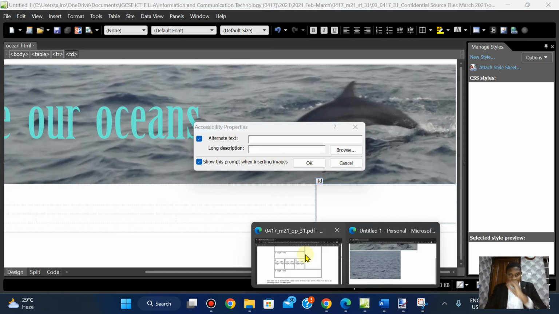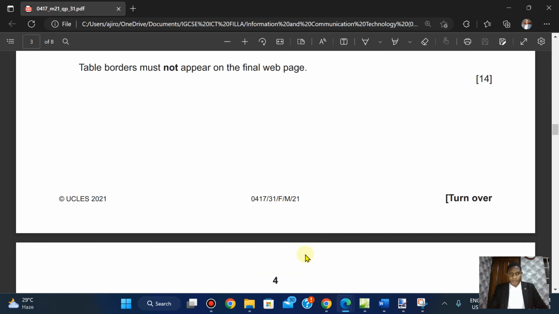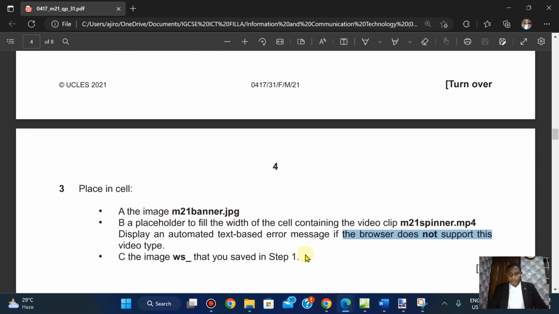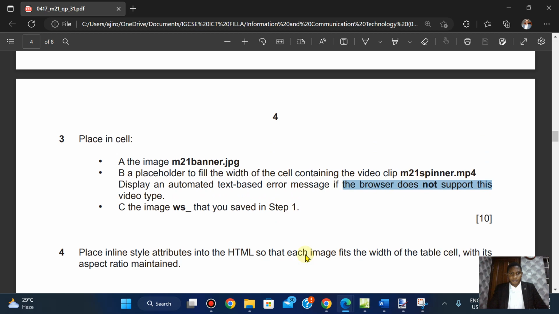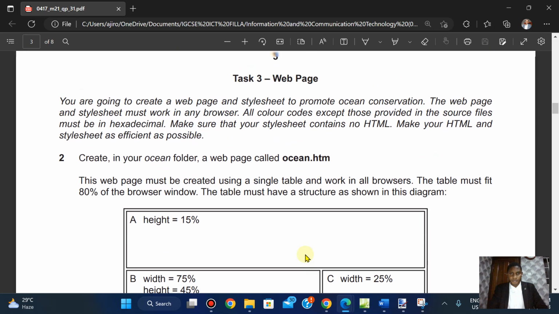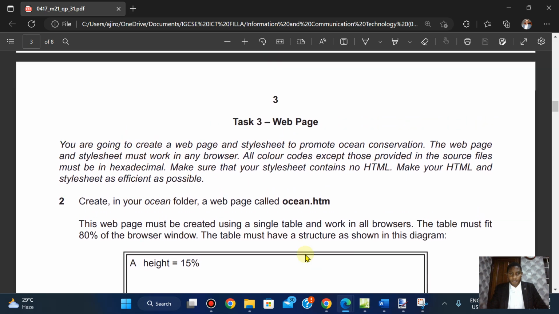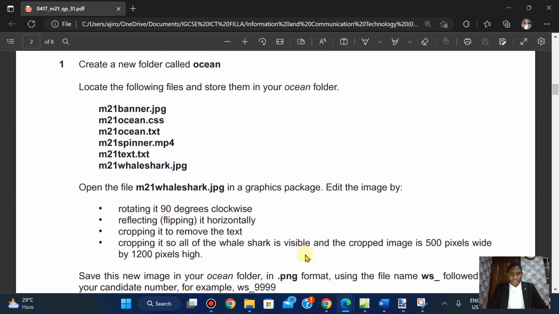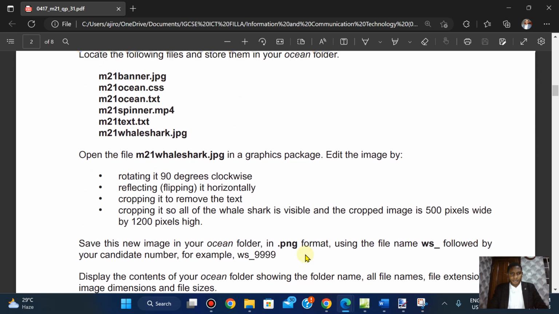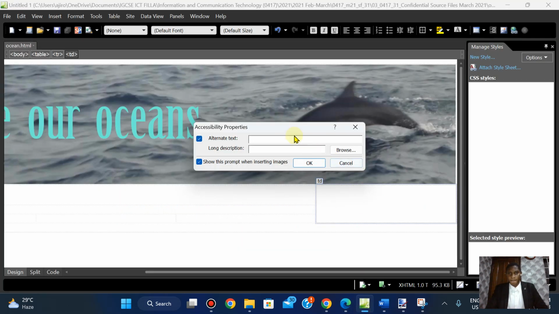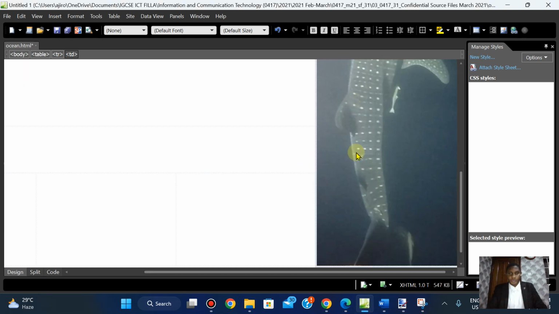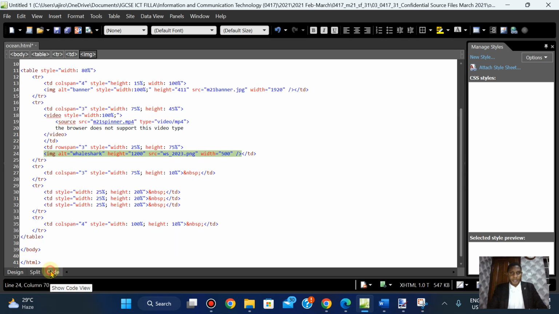The alternative text for this is going to be whale shark. Just going to copy this. Whale shark. Okay. I'm going to come here